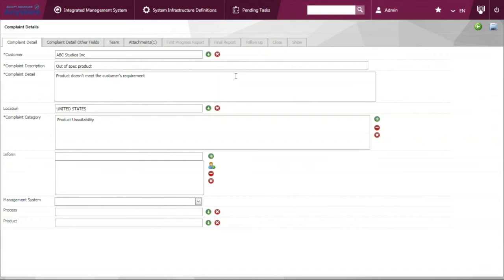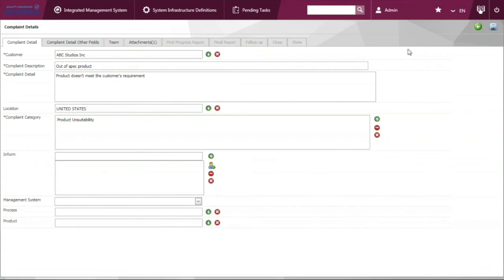Like after filing the first progress report, we can have another step, for example, an analyze step in between, or if you don't want the first progress report, we can get rid of it in this module.